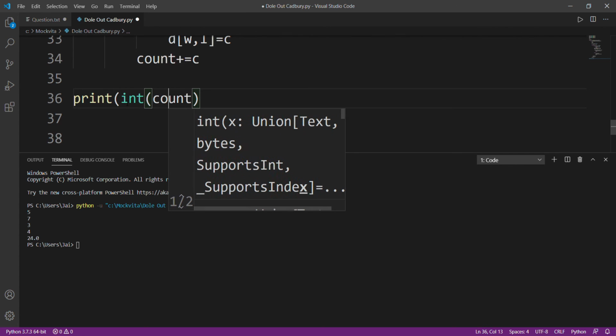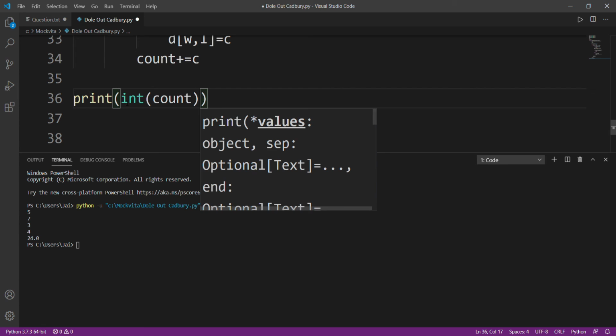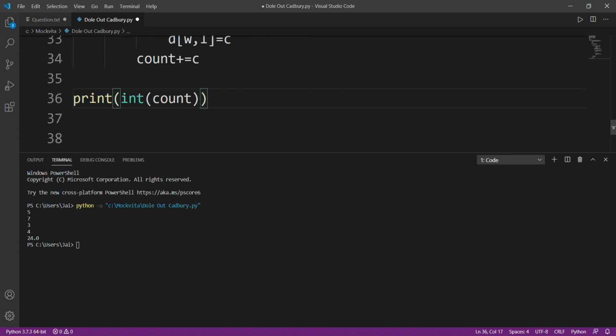And actually I got a lot of questions in my comment section asking about getting a presentation error. You don't need to worry about it, it won't affect your score. If you want to avoid a presentation error when printing, the only thing you need to do is change the ending, because Python by default ends with a new line.